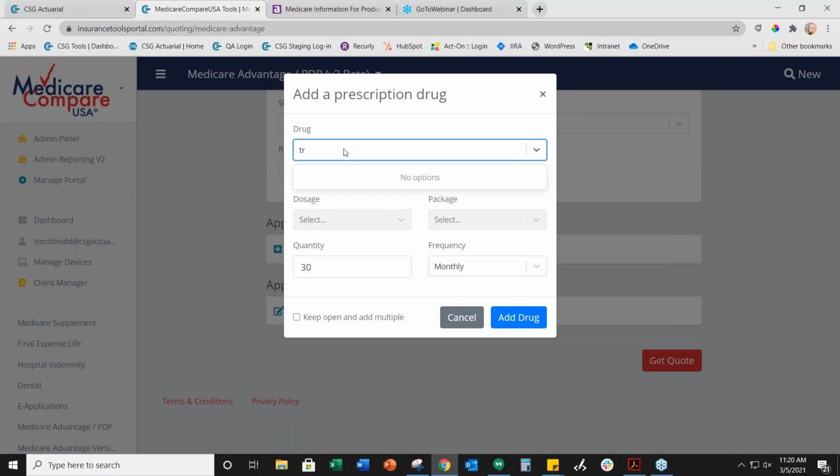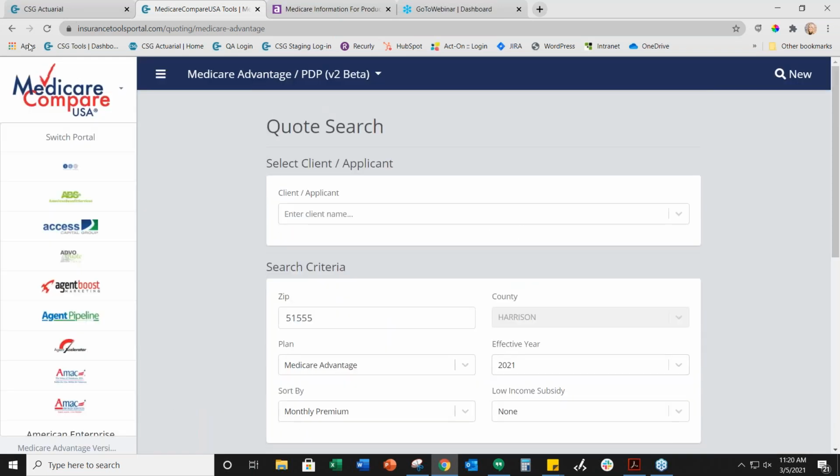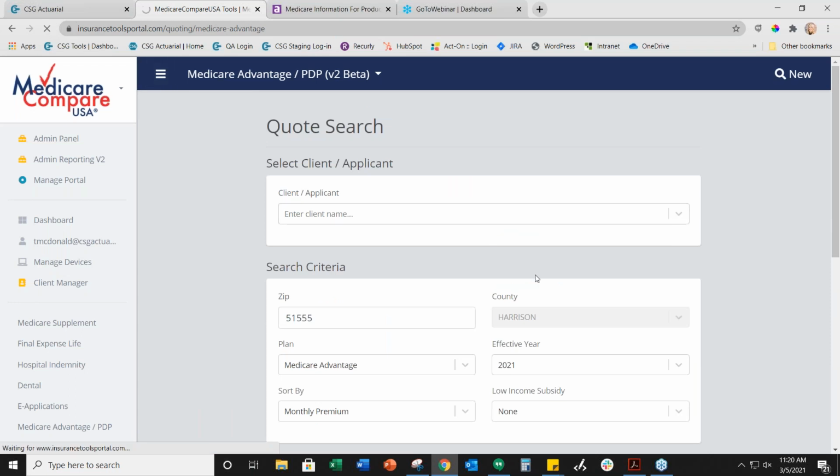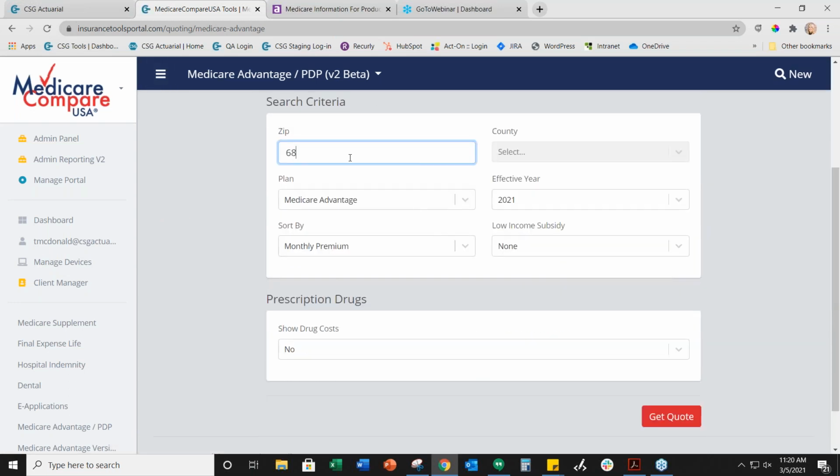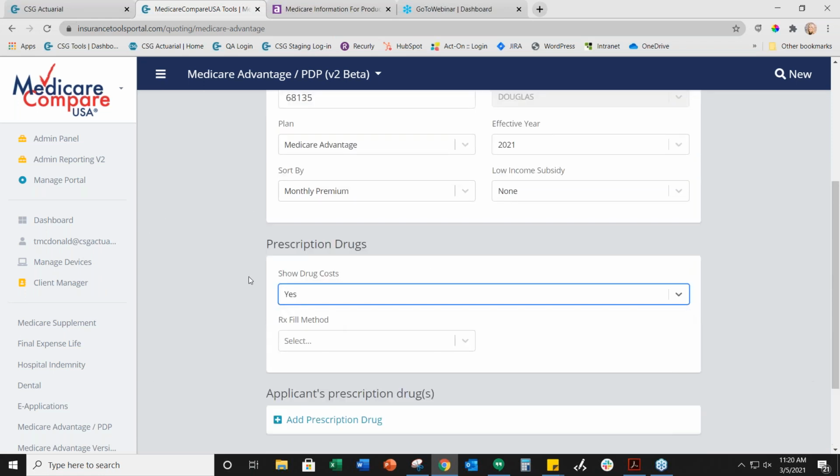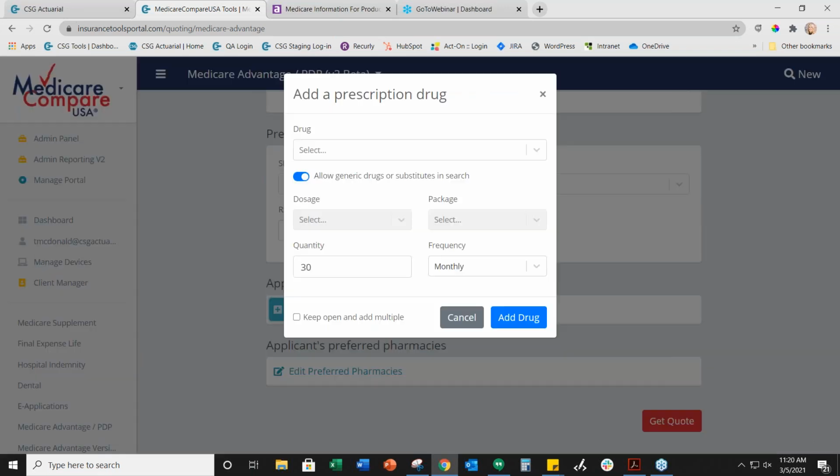We can search any drugs that we would like, and you'll notice that when we enter this here in the drop down, let me see, I'm going to refresh my page. As we enter any of the drugs or we start the search, it will populate those drugs in there. So select the zip code. Let's start again. I'm going to select yes. We'll say we want the retail pharmacy, and then we'll add in the